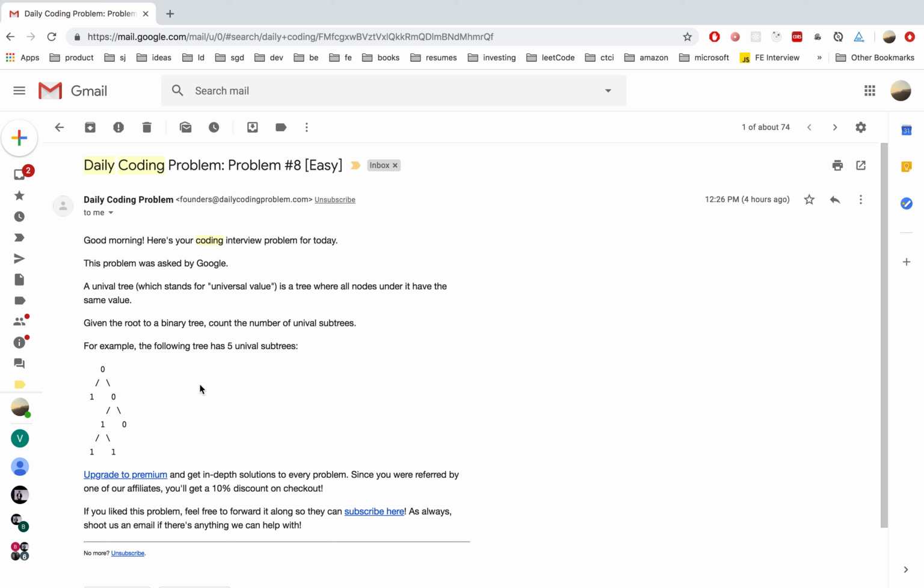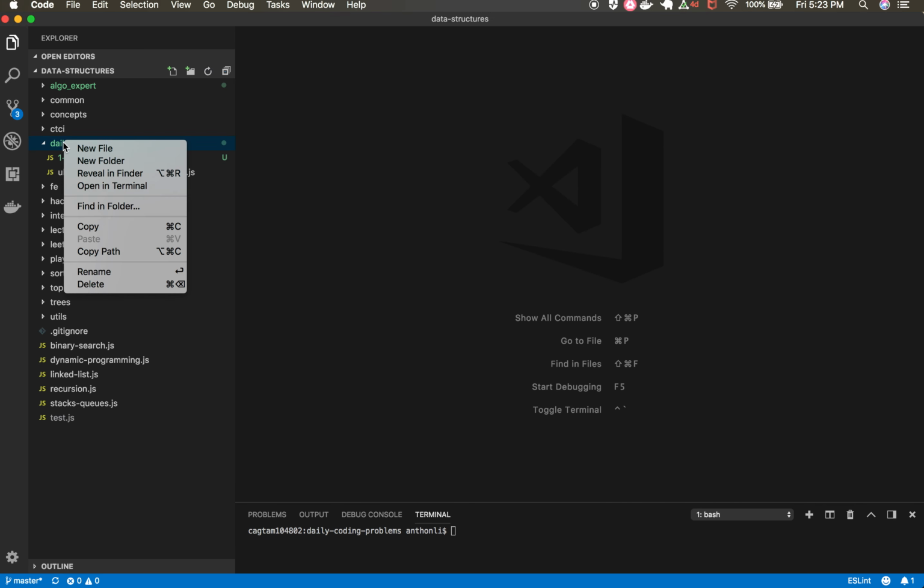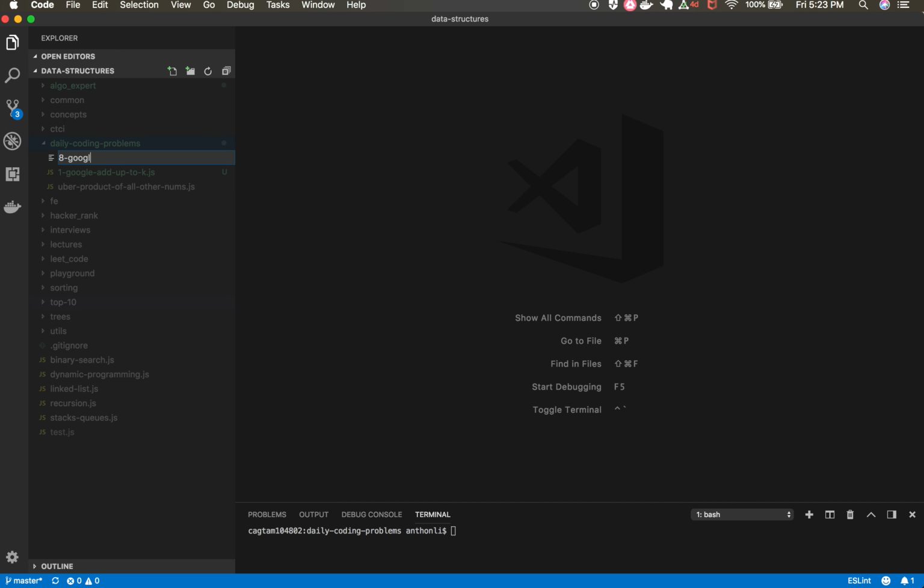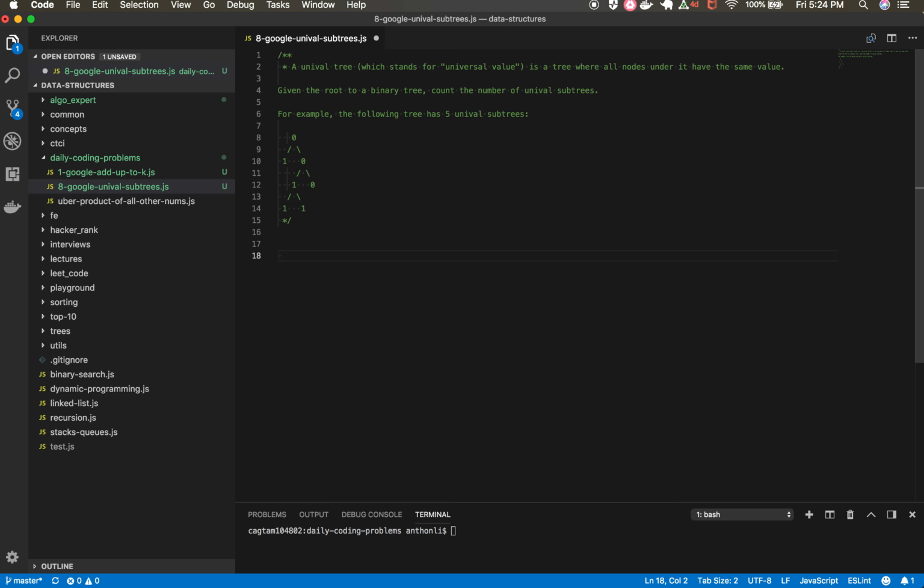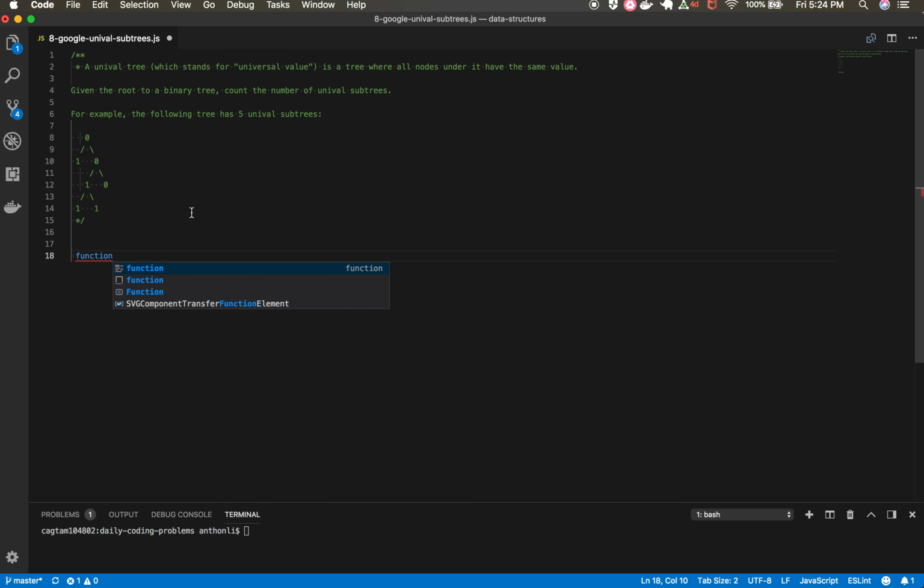Where all nodes under have the same. So I guess this one is a Unival, this one is a Unival, this one is as well, this one. So these are the 5 Unival subtrees. Okay, so I'm just going to copy this. I'll create a new file. Don't need this anymore. Function